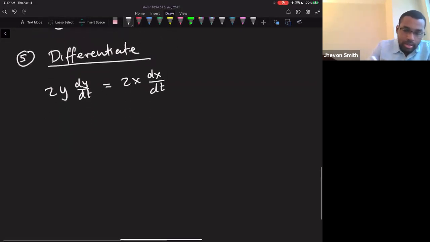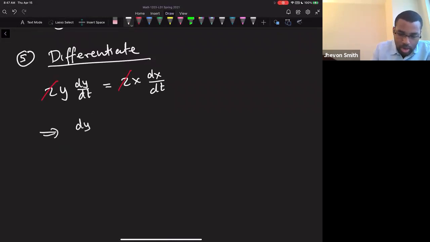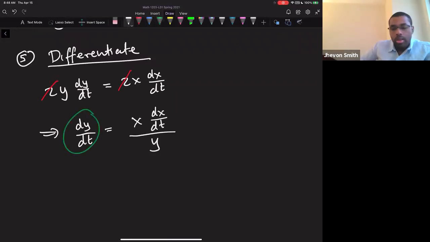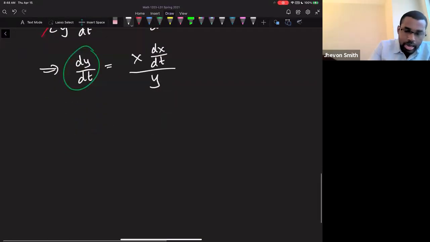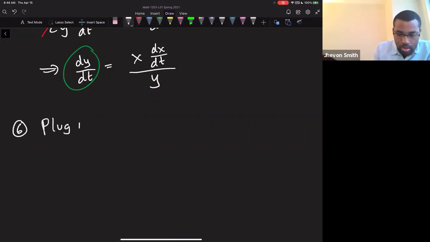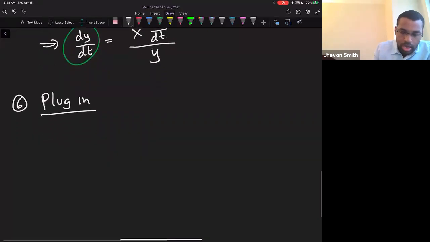In fact, I can divide both sides by 2, and I can move the y, because that's the guy we want. All right, so now we go on to step 6. We are going to plug in. And so we get dy/dt is equal to